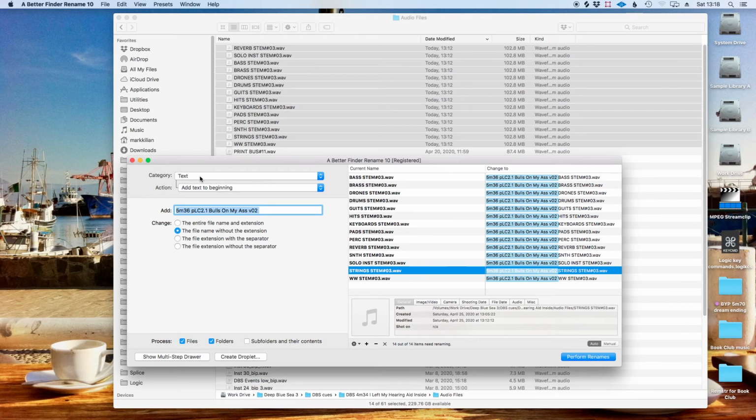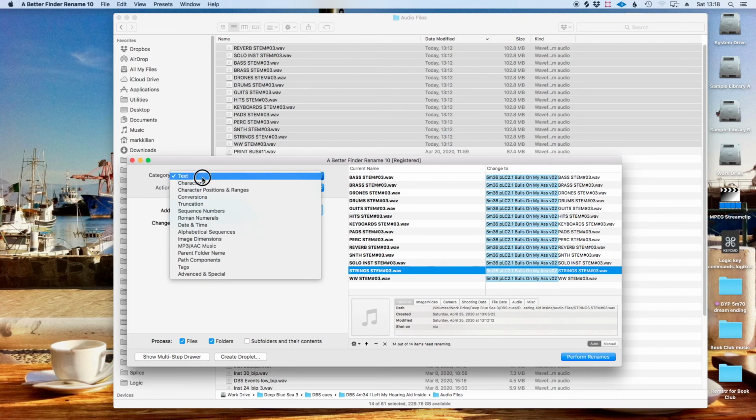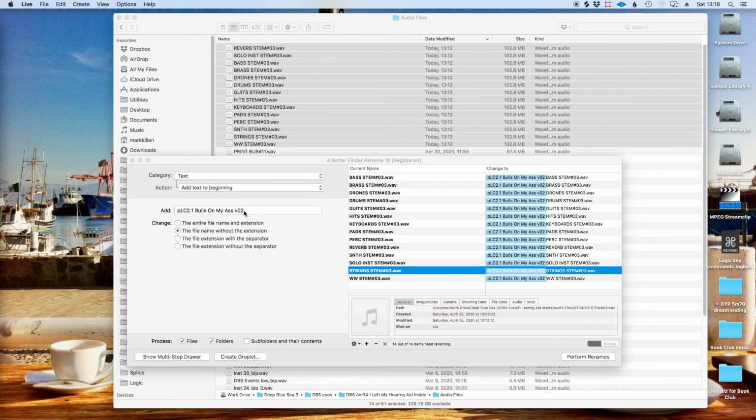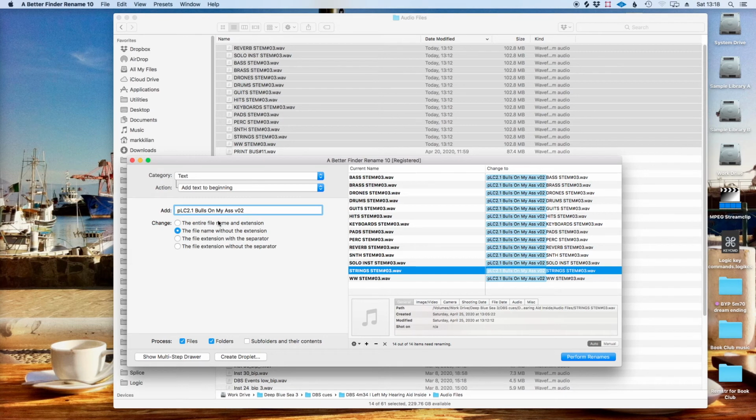And you can select any number of ways of changing things. I'm selected right now because I did this before. It's remembering from the previous cue I just did. So let's go ahead and rename this what it should be, 4M34. My picture version on this print is 3. It's not that cue, it is, and it's version 5. Okay, now you can see on the right it's adding this to the beginning of the